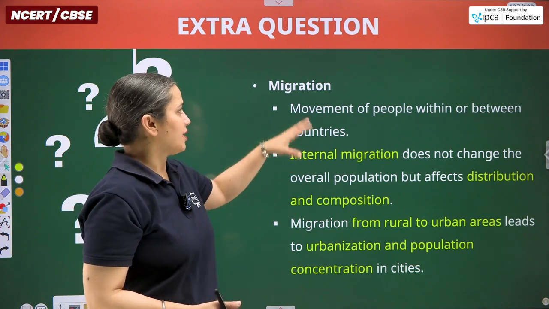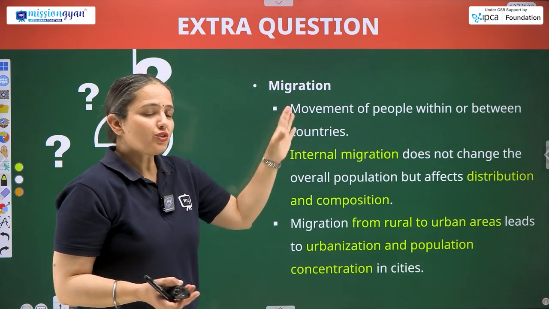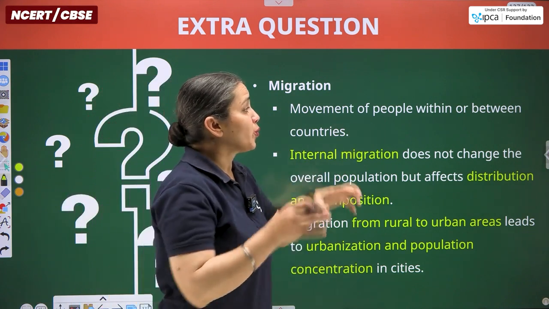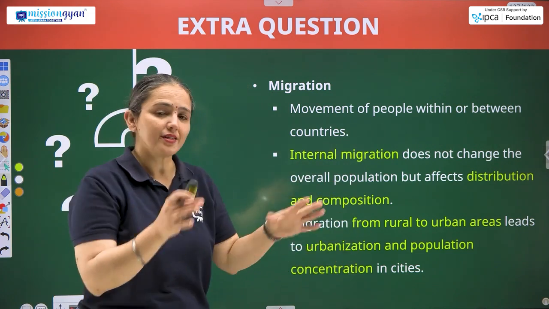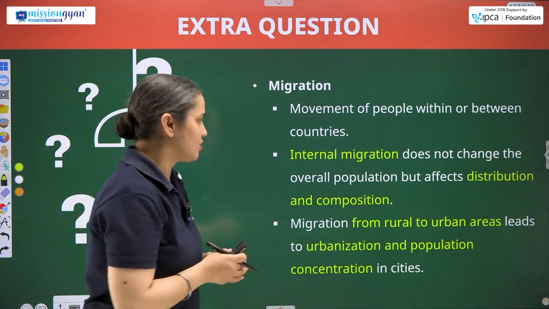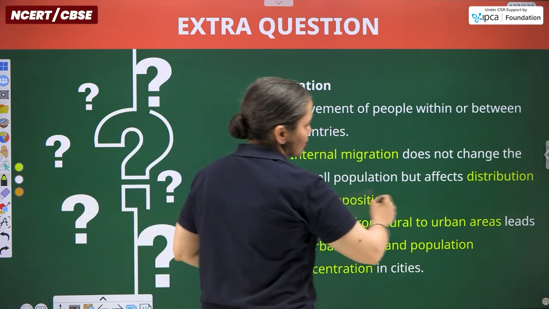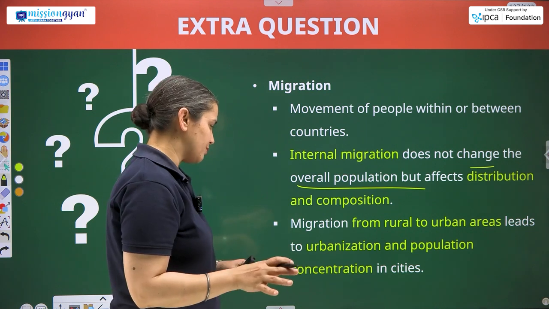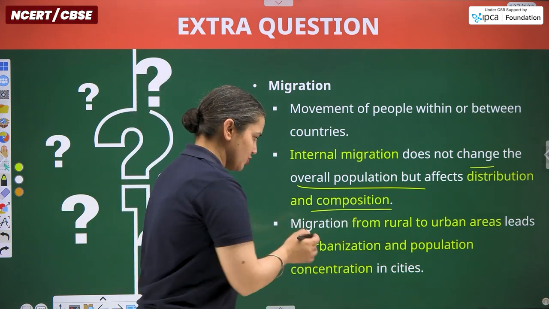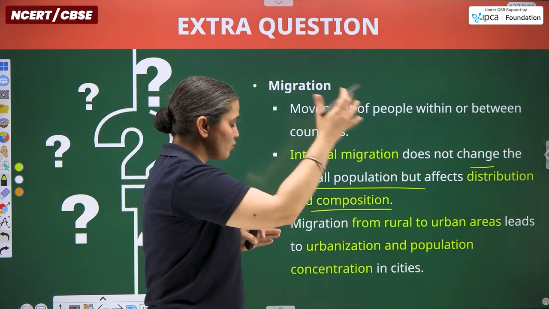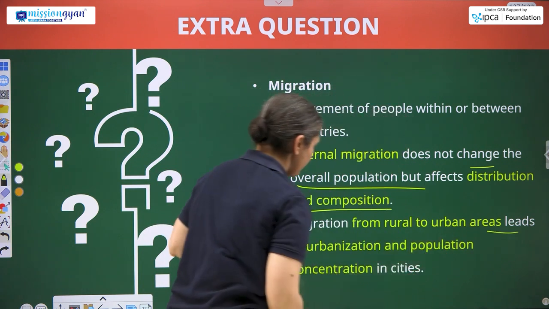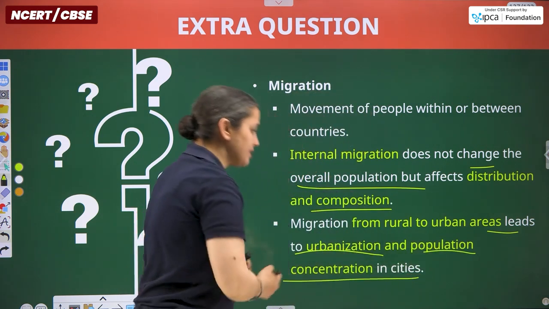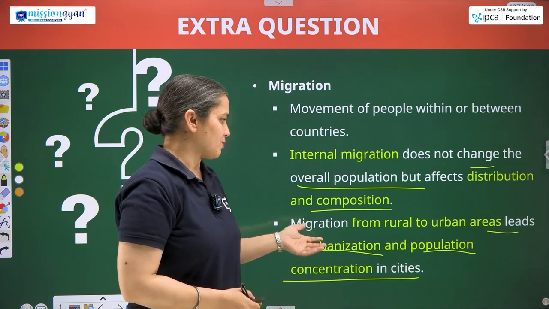Again, in continuity, migration, how can we skip it? Because these three features have to come all together. So, migration is the movement of people within or between countries, international or internal migration. Internal migration does not change the overall population but affects the distribution of population along with the composition. Migration from rural to urban areas leads to urbanization and population concentration in the cities because they provide